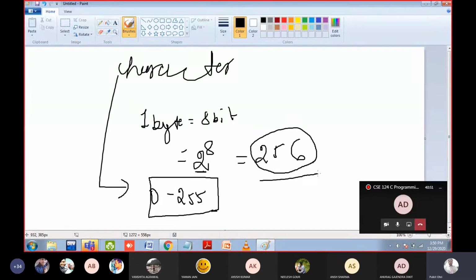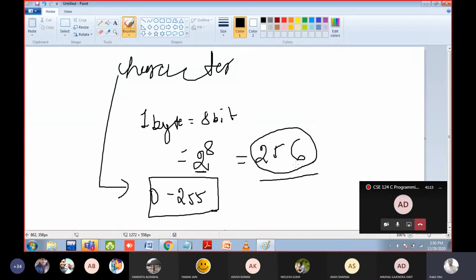So you do not even need to remember 256. You know the size of the character data type is 1 byte. 1 byte means 8 bits. Now let us check how many numbers are there, because we are storing binary data in the computer. Binary means two values, either 0 or 1. So you have to do 2 to the power 8.